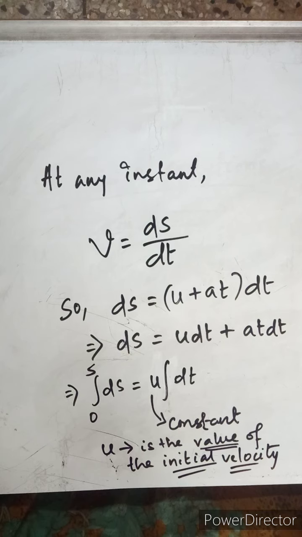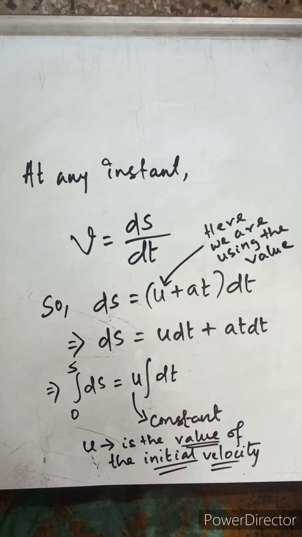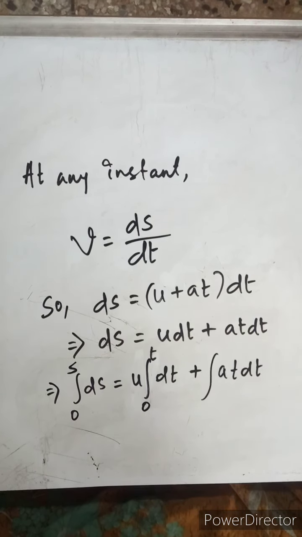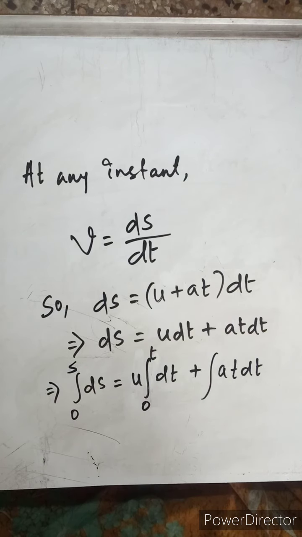The value of the initial velocity, u, gradually changes as the time progresses, but at the initial instant of time its value is u. So we are using that initial value of u in order to find v. So it is a constant value that we are using. So u dt, and dt is integrated from the initial time t = 0 to the final time t = t, and in at dt, again the acceleration that is present over there is a constant that goes out of the integration, that need not be integrated, and it is taken from time 0 to t.